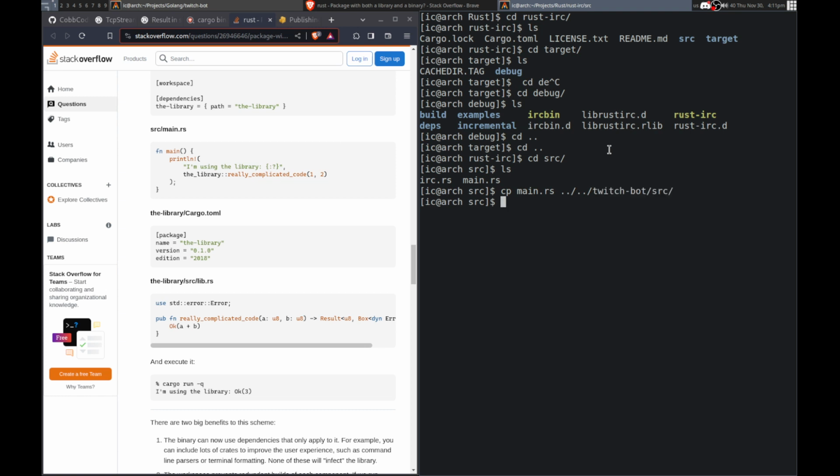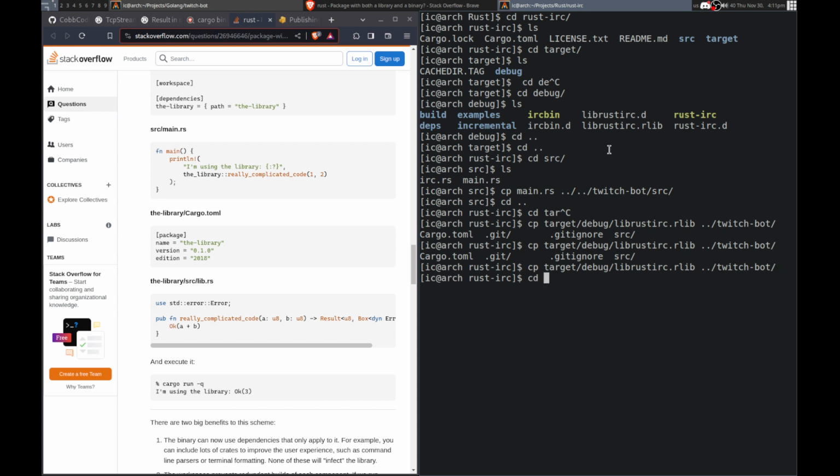Okay, so then I have that in there, and I need that to compile. So I'll just try target debug. Let's try getting librest_irc.rlib, sure, and then putting that into bot/lib. Yeah, and I don't have the lib, so I'll just put it in there right now. Bot, and then make the lib move